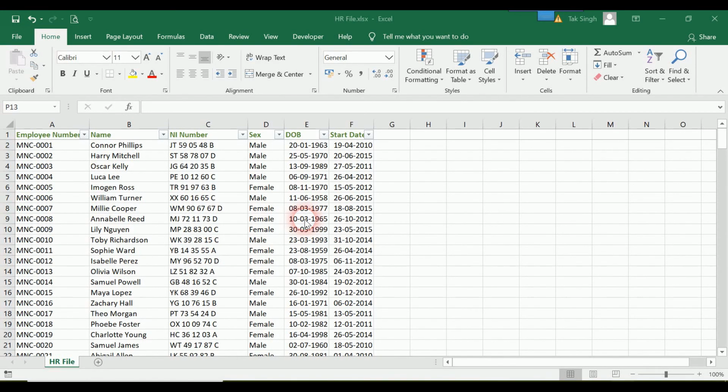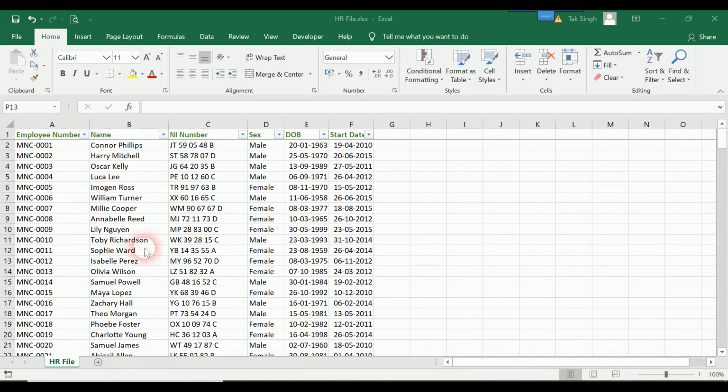Okay friends, let's get some data entry and split it. So over here what I have opened on my Windows is hrfile.xlsx. Again, whatever file name you see over here is available in the download section. You can download that. This file contains a lot of random employee numbers and names.